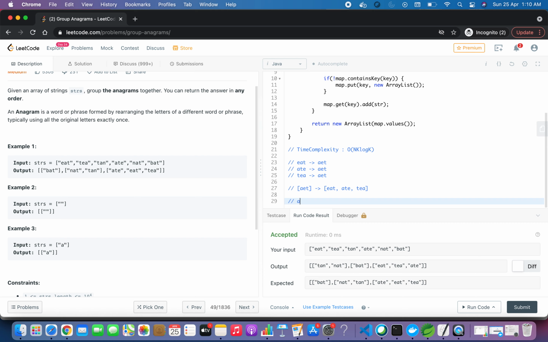Suppose we have a b b c c c, then that variable may look like this: a occurs one time, so this will be 1.